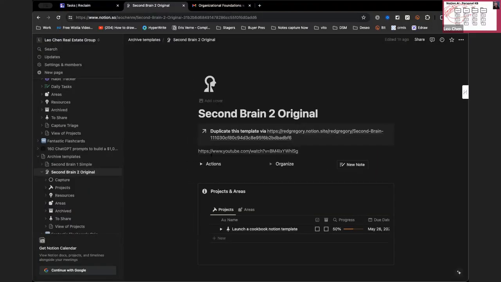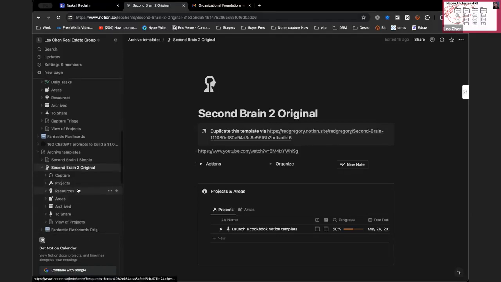All right, this is Notion. And the system is called second brain because, imagine you have one brain, but you have a second brain that you can store everything into so that it's out of your brain and you're not thinking about it all the time because it's stored away. So this is called the second brain.